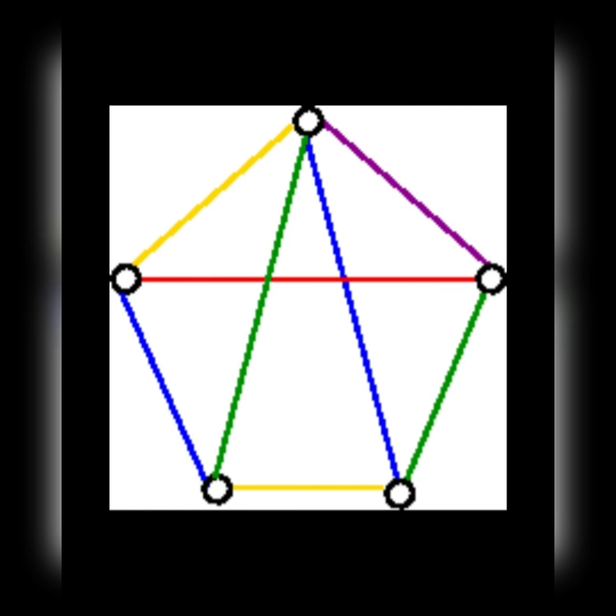Now let's have a look at what edge coloring is. I think this graph will give you a clear idea of edge coloring. Edge coloring is basically coloring a graph in such a way that adjacent edges are colored differently. See in this example, if you take any pair of adjacent edges, they have been given different colors. That is what is known as edge coloring of a graph.